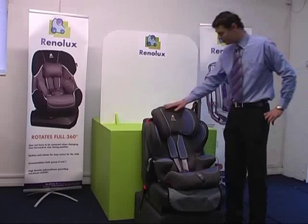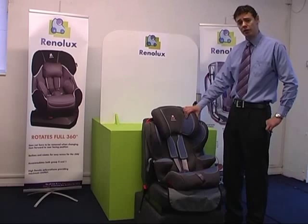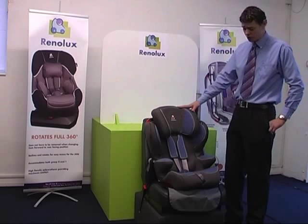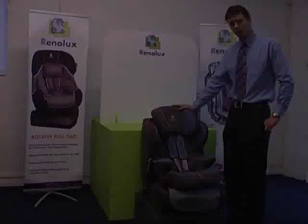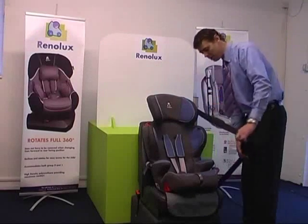Now, as a product, it's unique in the respect that it's given this level of comfort for groups 1, 2 and 3, so giving tremendous value for the consumer all the way through from roughly 9 months right through to technically 11 or 12. When fitting the Renolux Quick Comfort car seat, we'd start off by pulling the lap belt